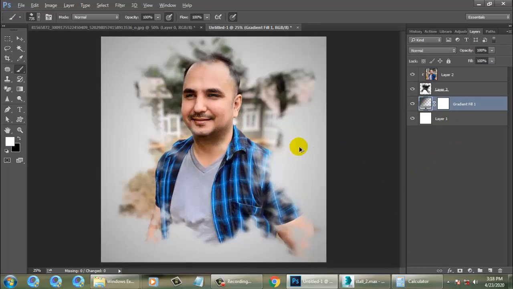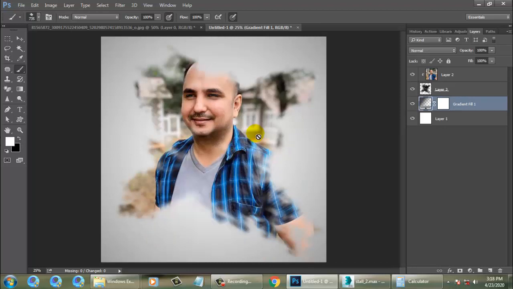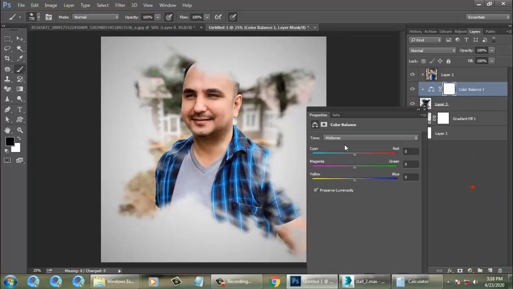So you can use different brushes, whatever different brushes you want to use. Even you can go into this, and if you want to give some color balancing, that can be put over here on top of it. You can adjust this stuff in this way.